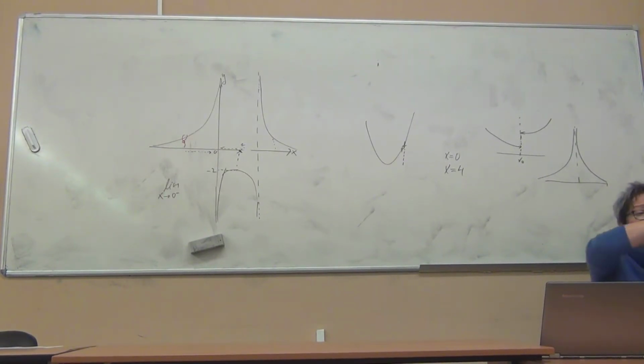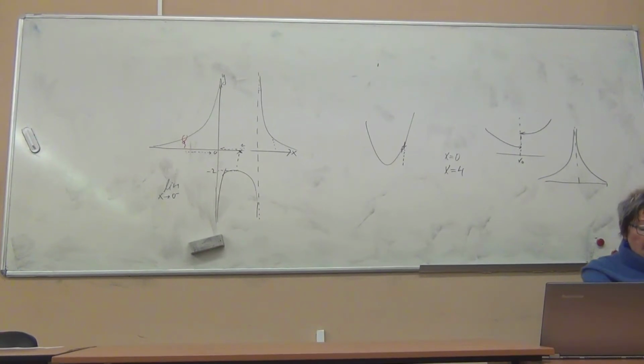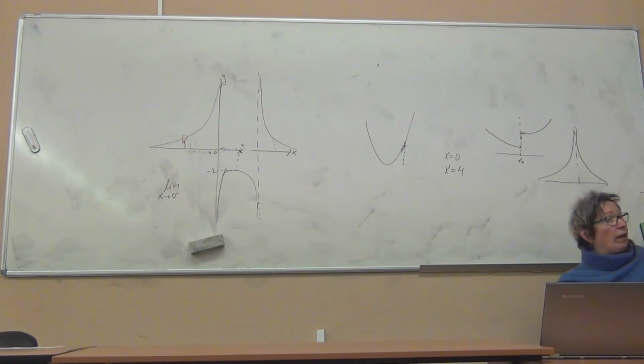I should have sketched in a horizontal asymptote to show that the function value actually tends to this value, minus 2. But we can see that this graph tends to minus 2 if x moves to the right